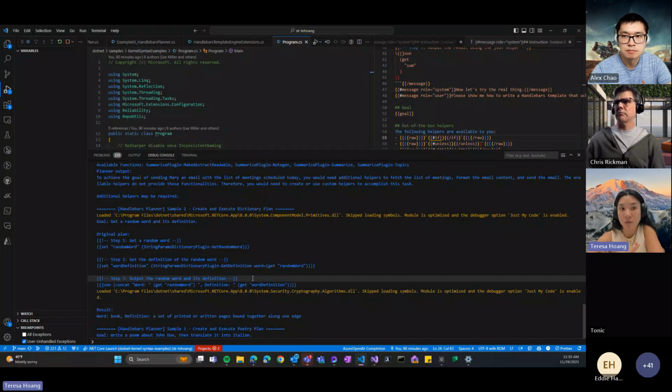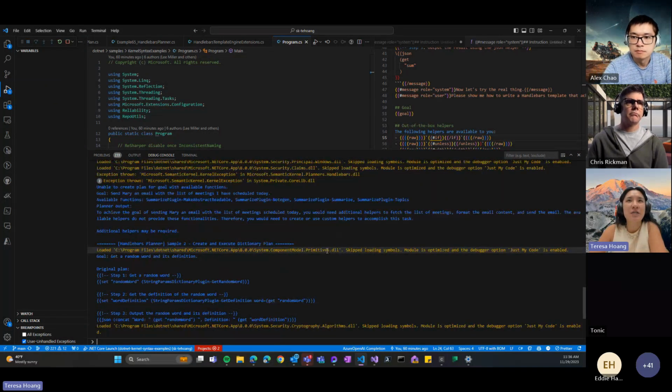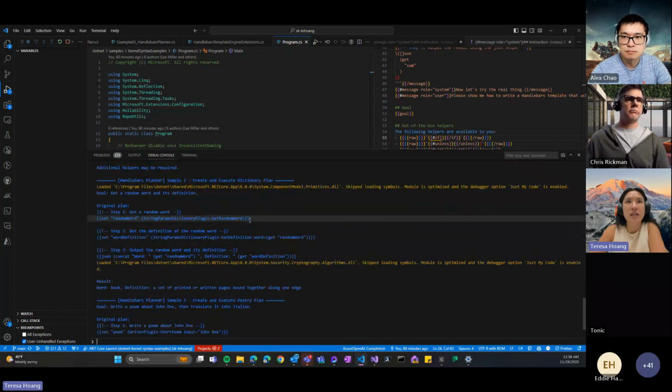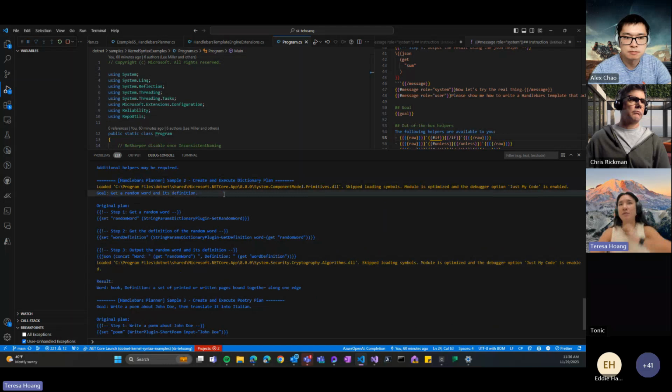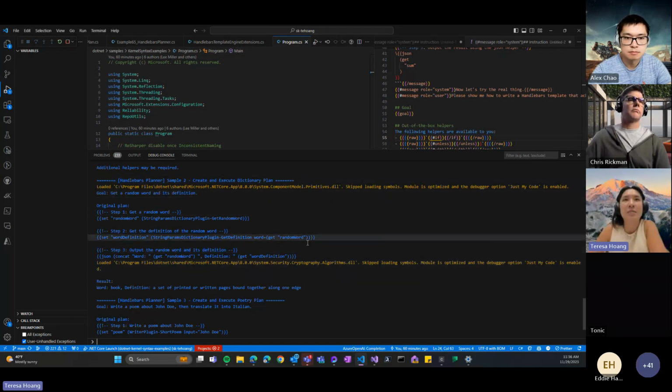With loops or without loops. Without loops, it is almost always passing as expected. So let me go over these examples really quick. I already showed you guys this first one. The second one just gives it some dictionary plugins, and then it's able to get the plan. You can see the plan itself is a Handlebars template.